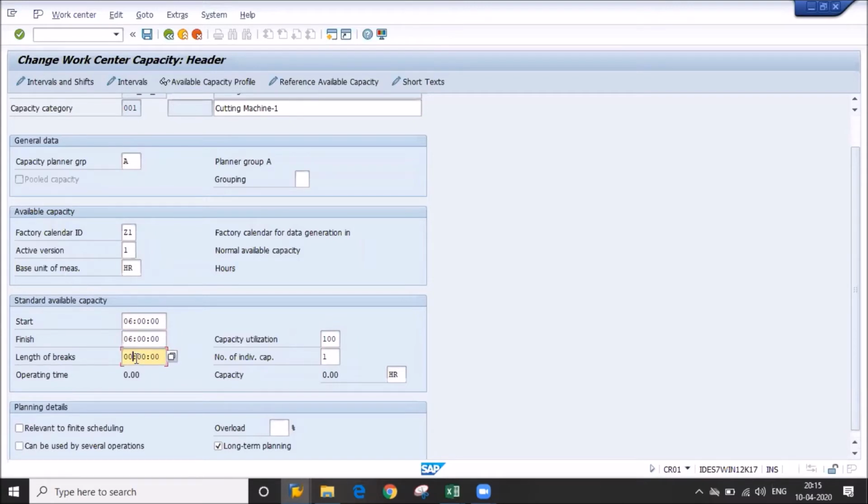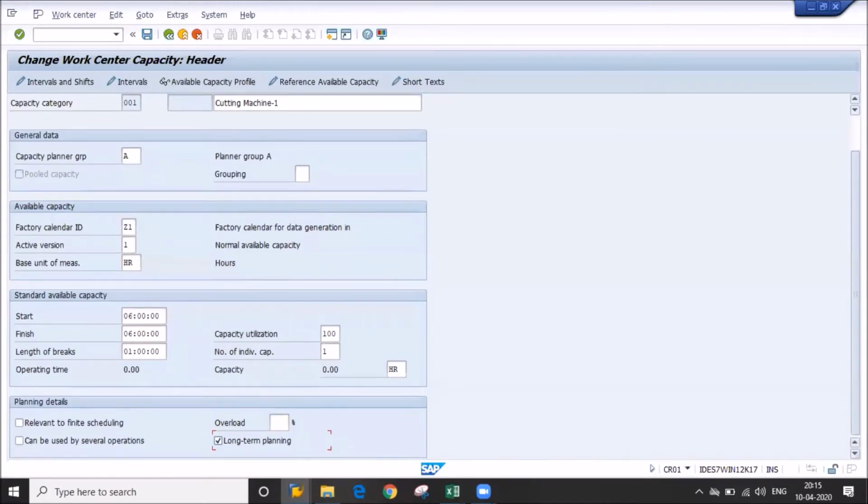Length of break, we can say 01, is the length of break, means that is the lunch time or breakfast time or snacks time, we are giving 1. So no need to give any other data.